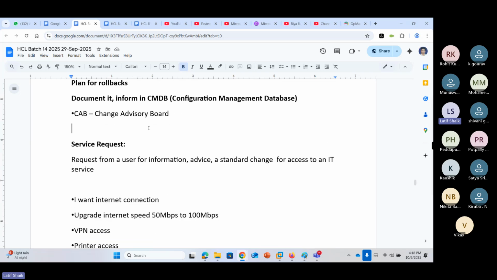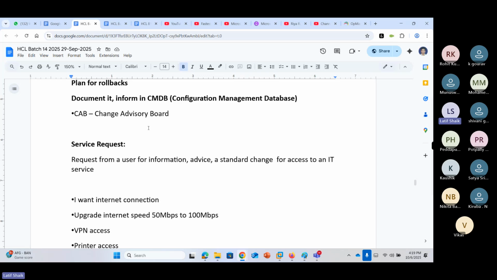Emergency changes will follow some part of the rules, but not wait a long time for approval. So this is change management, emergency changes and normal changes.